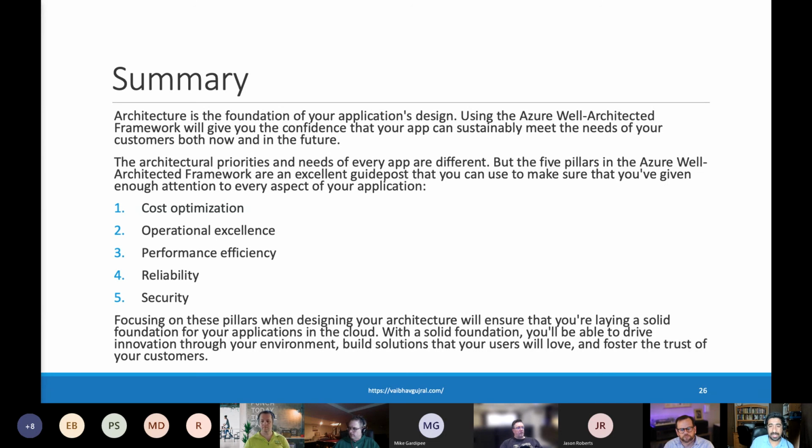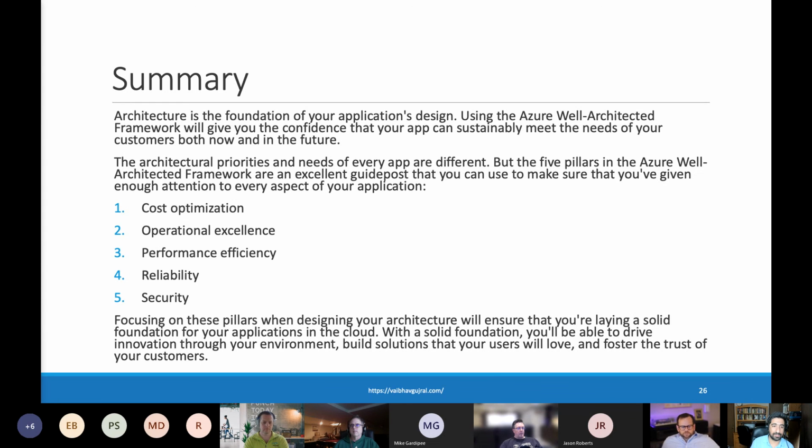now and in future. The architectural priorities and needs for every application are different, but the five pillars in the well-architected framework provide excellent guidance and guideposts that you can utilize to improve your overall architecture. And as I was saying initially, focusing on these pillars can ensure that you are laying a solid foundation for your workloads running in the cloud. And with a solid foundation, you can drive innovation, build solutions that your users will like, and it will also